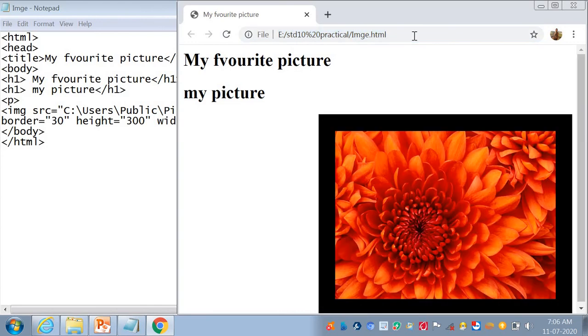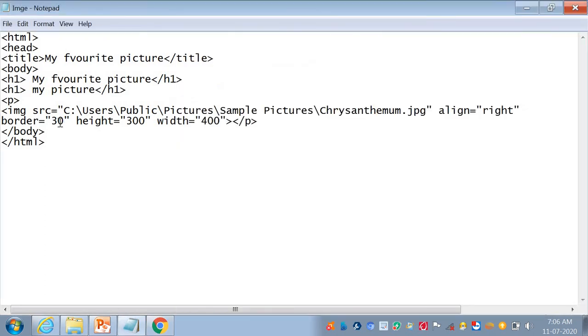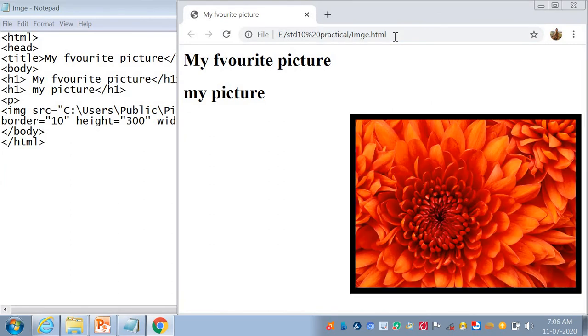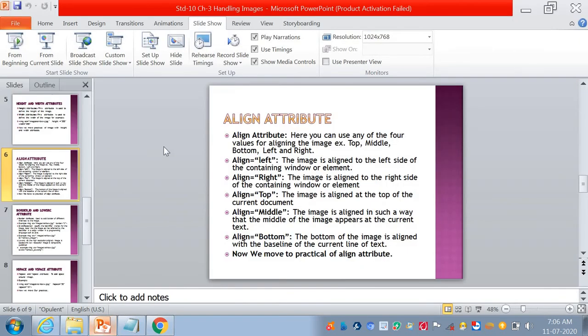You can easily see I apply the border here. Here you can change the size of the border, so your border displays in a thin size. Here I am using the border attribute. Now we move to our theory portion.